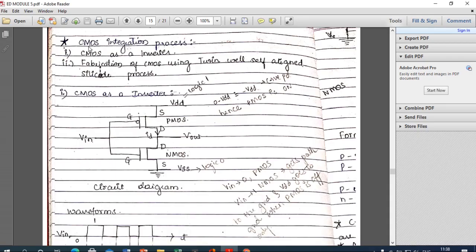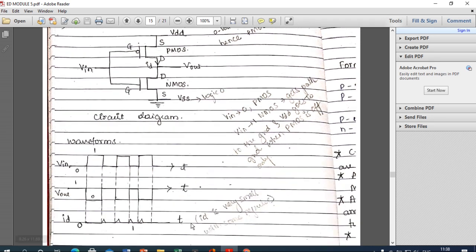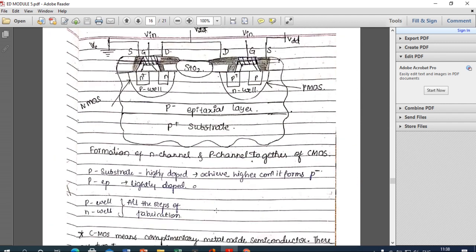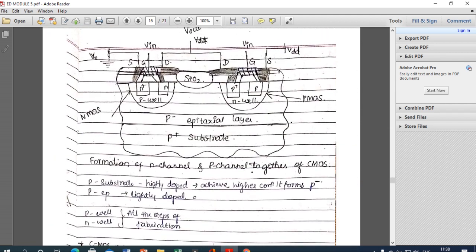In the previous session, we discussed CMOS as an inverter. There we discussed the schematic, how it works, and the waveforms, and then how it is implemented using a fabrication process.